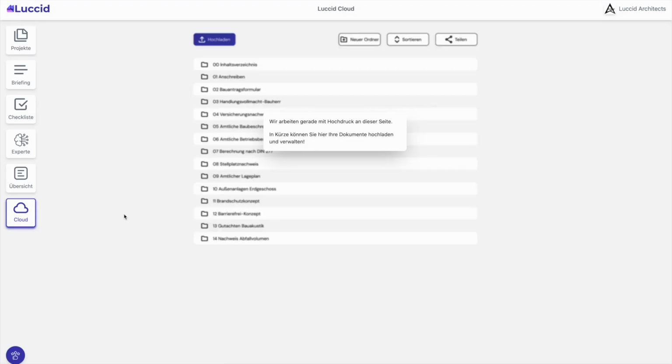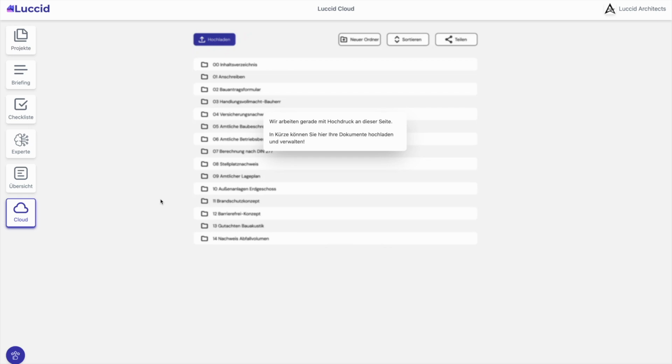In the Lucid cloud, this part is still in development, and we will let you plug in extra context, meaning that you can plug in the drive, whether you are using it from Microsoft or Google or any other provider, and all the folders that you have regarding this project will be plugged in here. That means that our AI assistant, the expert, will understand more context. So for example, if you already designed a similar building, you can plug in that project here, and the extra information that we see in that project can help you get even more detailed answers from our AI expert. And more or less, we want to speed up the process of